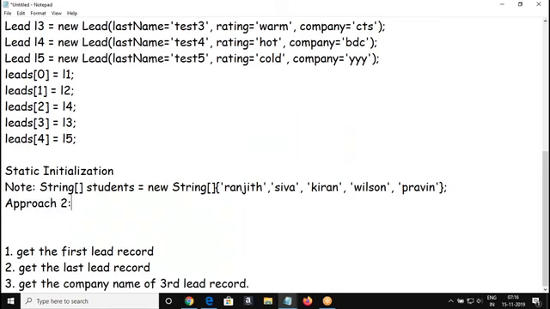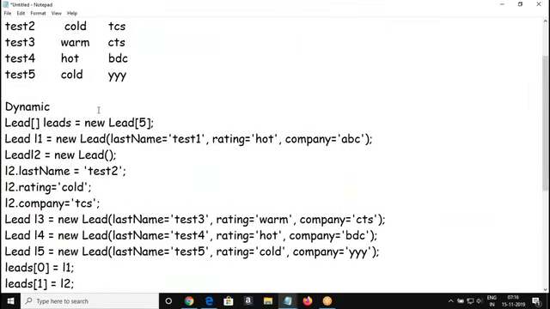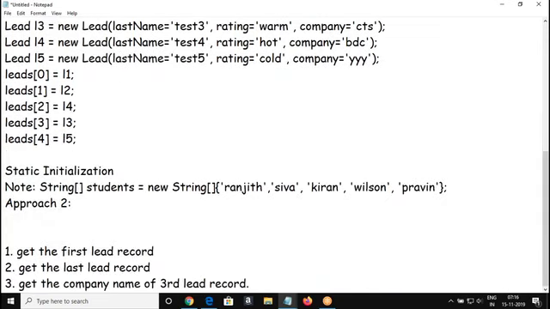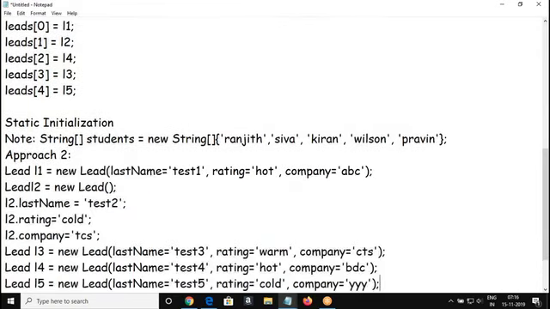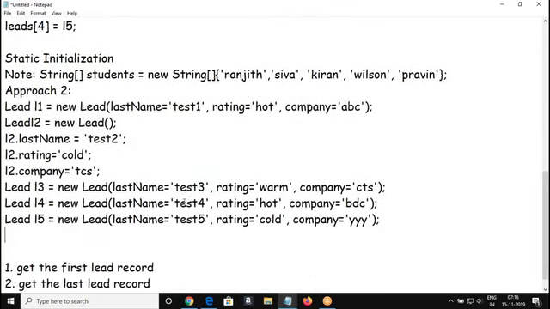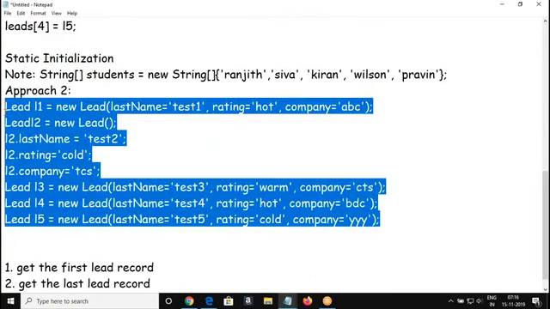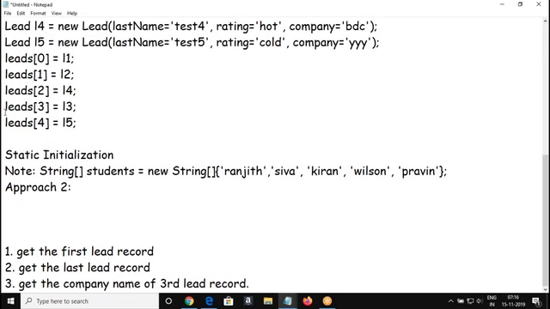So approach 2, and this is our approach 1. In approach 2, I have data already, so I'm not going to repeat this. I have data already. So what I'm going to do: leads, open and close bracket, leads, the same format.